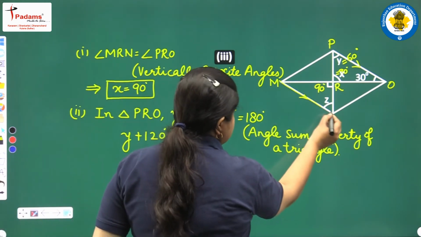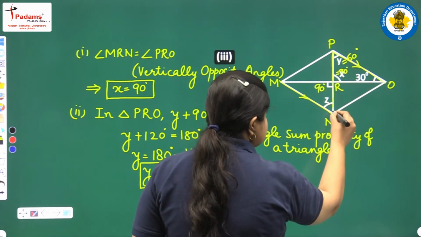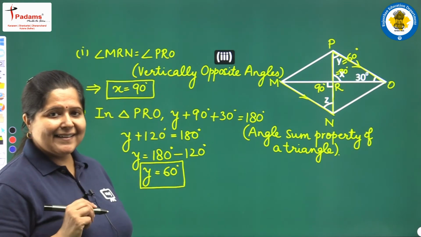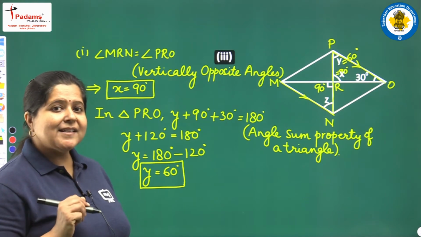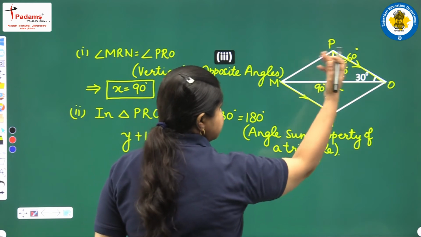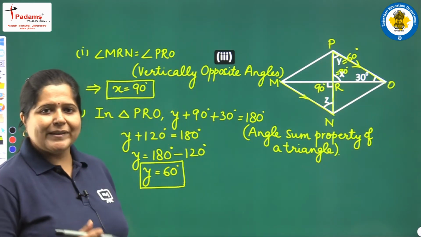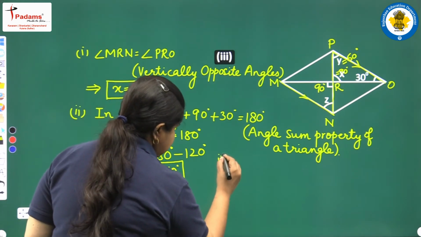These two sides are parallel and this is the transversal. So how can you relate angle y and angle z? Yes, they are forming a pair of alternate interior angles. One is to the left of the transversal, the other one to the right, and one is at the top edge and the other one at the bottom. So we can say the third part, we are writing it here.